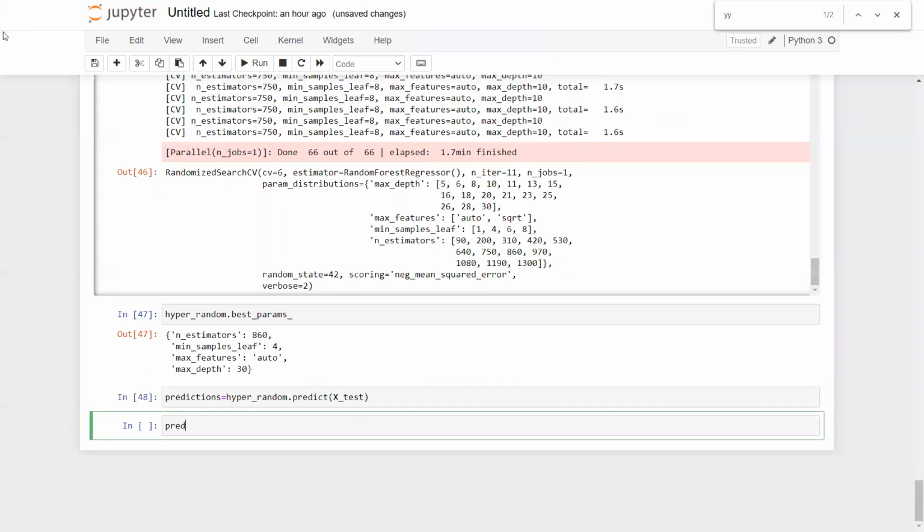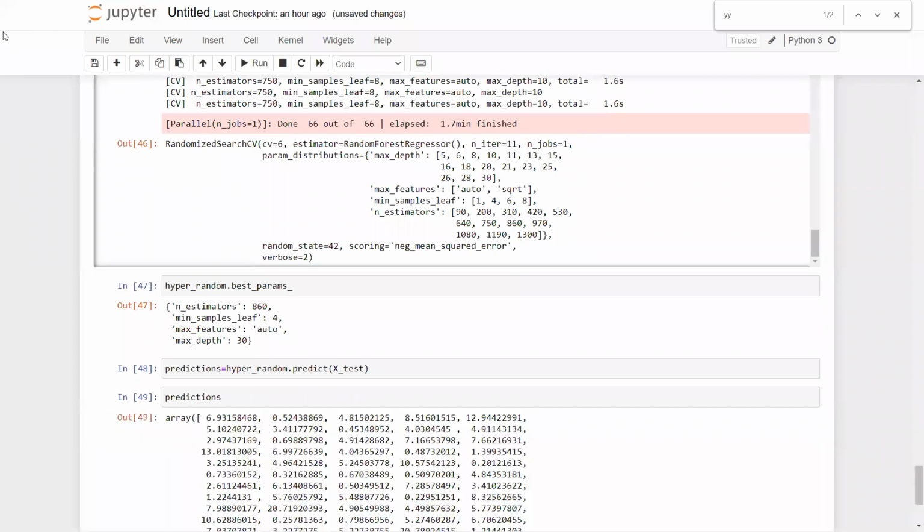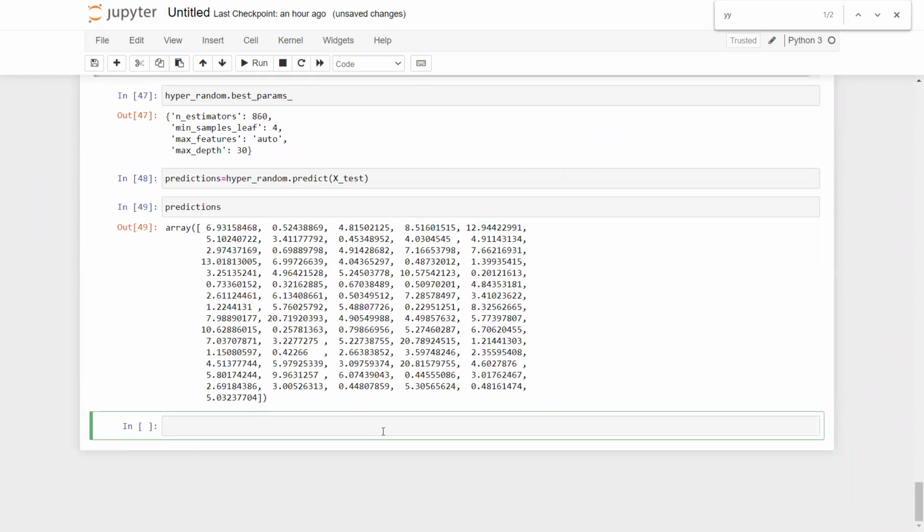Now let's see our predictions. Okay, now it's our predictions, right? Now let's compare. Print r2_score. We have to provide our predictions and our test data over here.